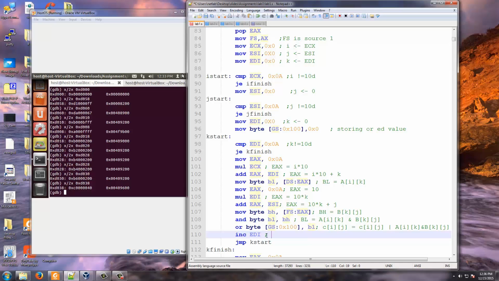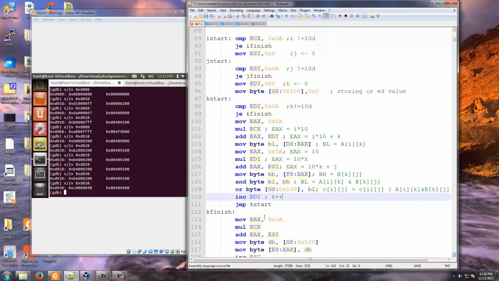Now I am incrementing EDI. This is nothing but K plus plus, and then it jumps to K start, and again it completes. So this explains how the matrix multiplication works. And after I finish one K loop, again I move EAX as 0A, multiply ECX. So what is ECX? I. So now EAX becomes 10 into I, and add EAX comma ESI, so EAX actually becomes 10 into I plus J,